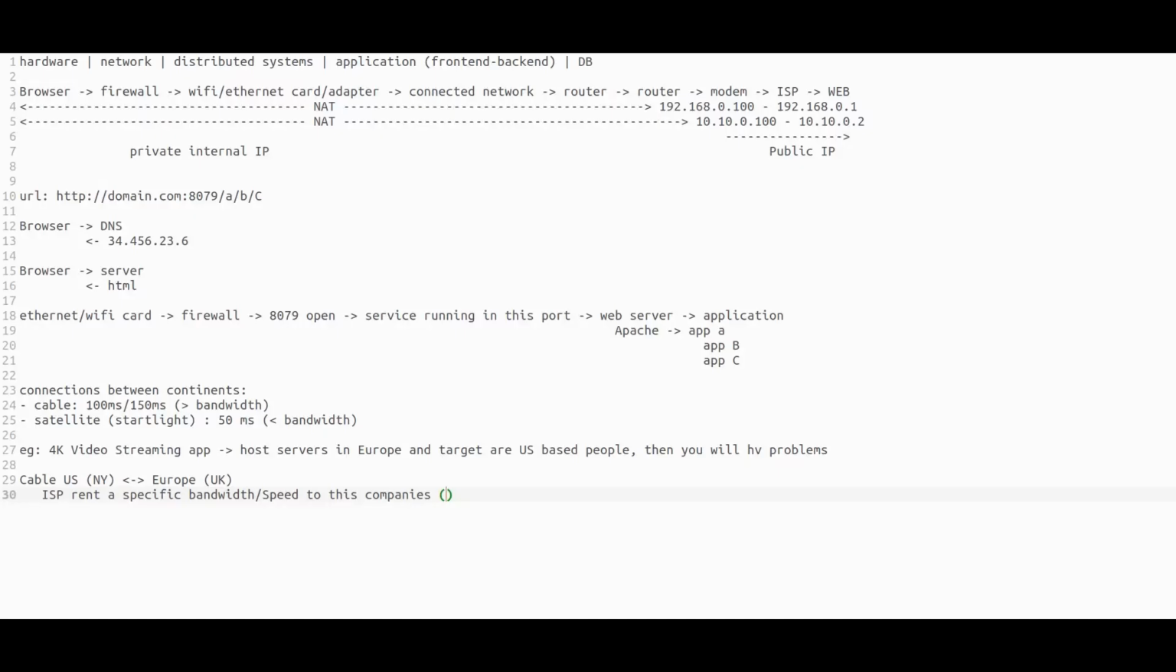Let me give an example. You can have one of these companies, if I'm not mistaken, Akamai, and we have an ISP which could be Verizon, or AT&T, something like that. So AT&T and Verizon will rent a huge pipeline, and you will pay millions and millions of dollars every month to Akamai, so they can use the pipeline to